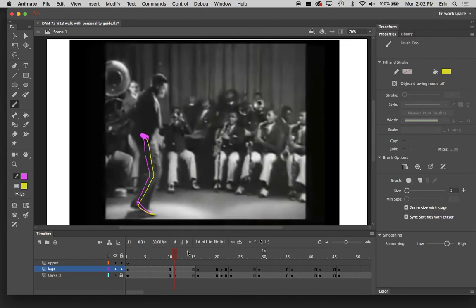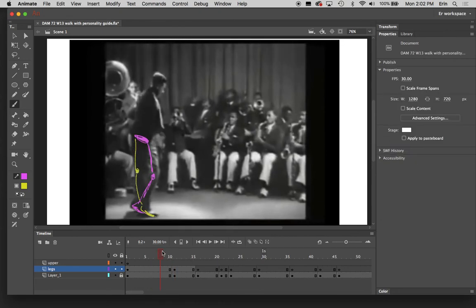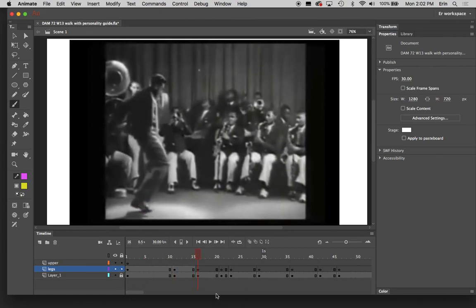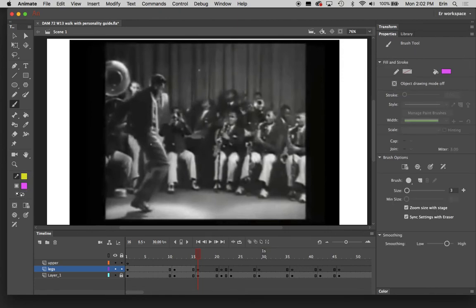Okay. So, whoop. And it looks like we'd actually want a few keyframes, a few in-betweens here. But I just want to show you how you can get your walk to have more personality. So back leg, again, I think it's straight,